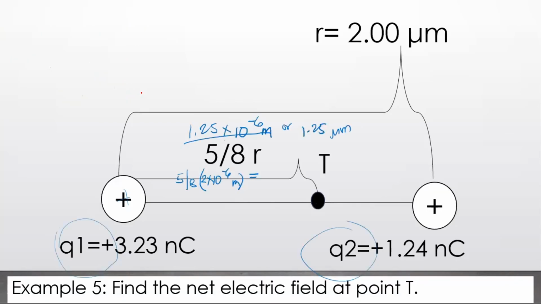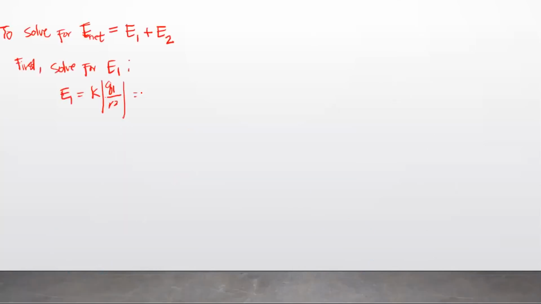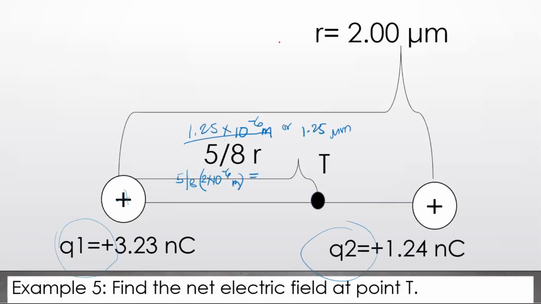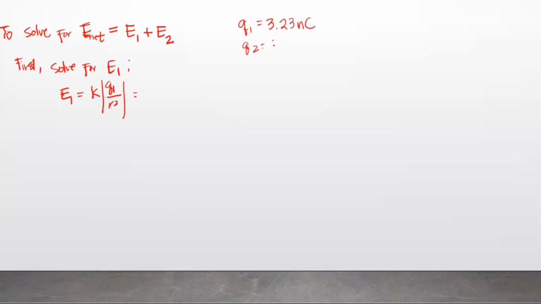So, our Q1 is 3.23 nanocoulomb. Butang ko dire. So, we have Q1 is 3.23 nanocoulomb. Our Q2, 1.24 nanocoulomb. Ang distance, so ang R naton is 2 times 10 raised to negative 6